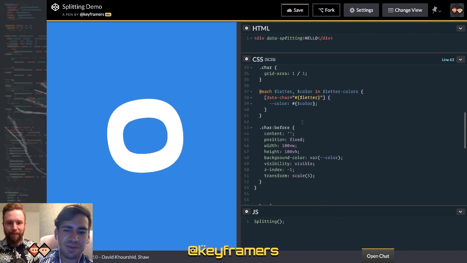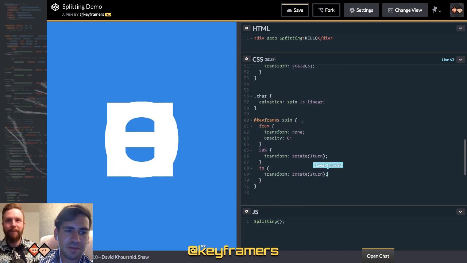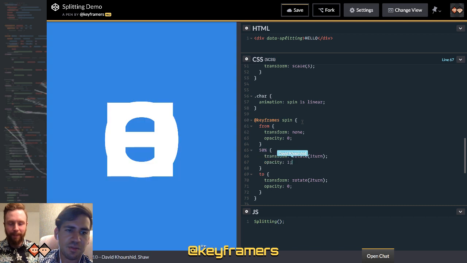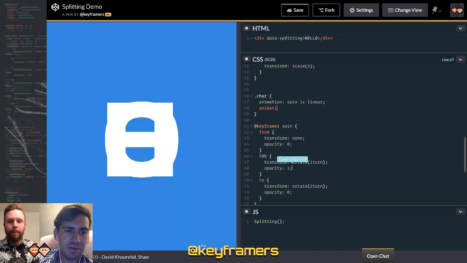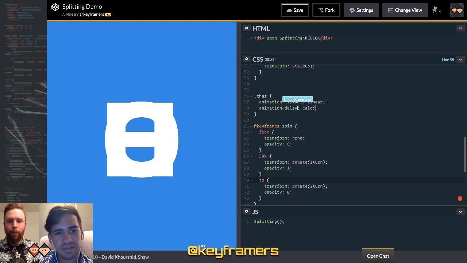Okay, cool. So starts off opacity 0, ends at opacity 0, goes to opacity 1, and then we could give each an animation delay. Why? Because we have that CSS variable over there. We do want to set the duration as well.